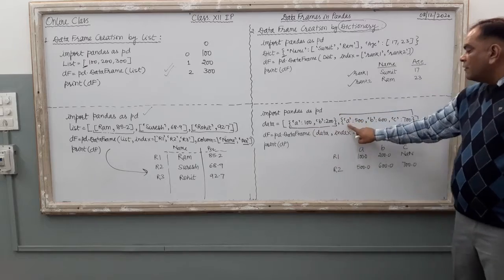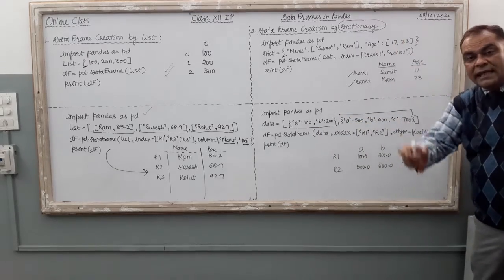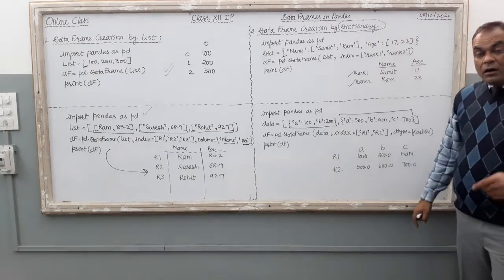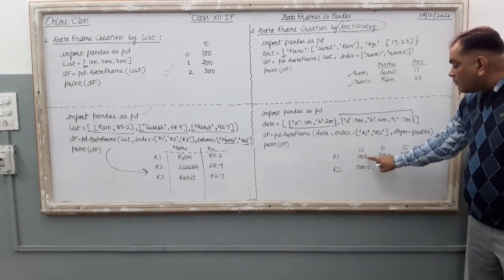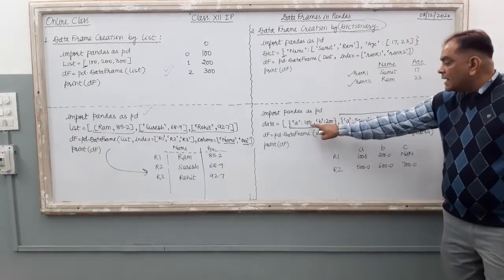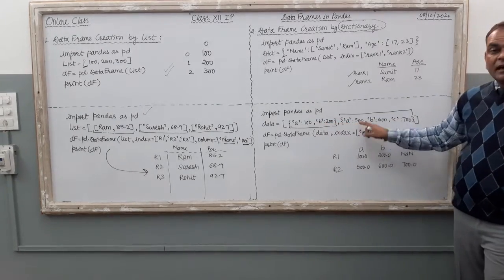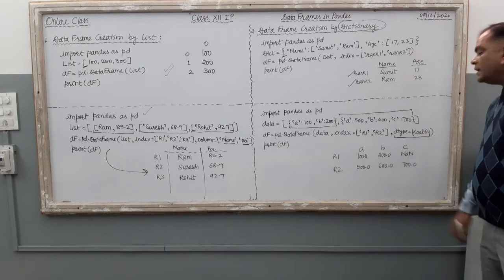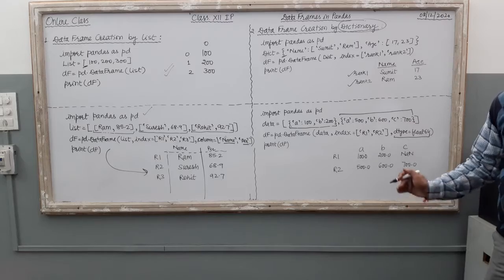Now how to generate the output of this program, just see here in the first dictionary value of a is 100, value of a is 500. ये दोनों एक ही सीरीज में आ जाएंगे, एक ही कॉलम में आ जाएंगे, एक कॉलम बन गया 100 500. Just see what is this one 100.0 500.0 जबकि हमने क्या सप्लाई किया था 100 and 500. तो ये पॉइंट में कैसे आया, see this one dtype equal to float64.